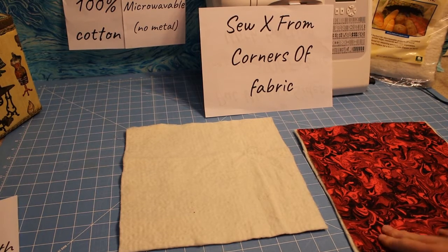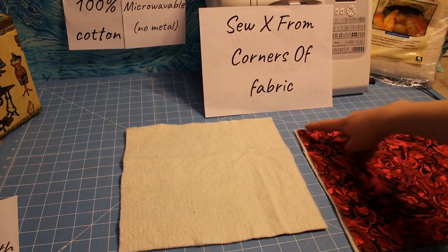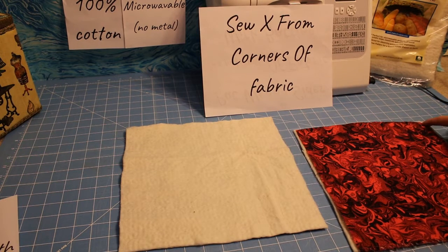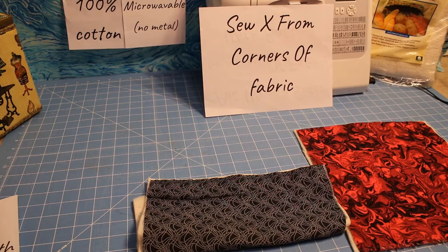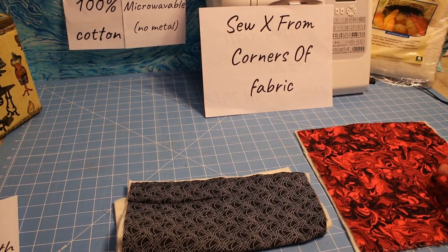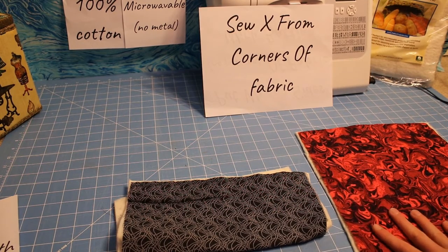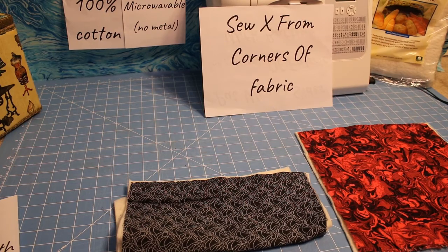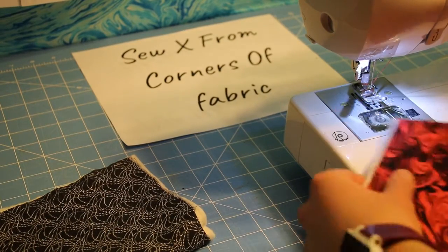After you're done pairing your fabric with your batting, wrong sides together, you're going to be sewing an X. So one corner to another corner, to this corner, to that corner. It's going to be a little weird because, again, I have 2 different fabrics. So my bobbin has black thread, and the thread I'm actually using on top is going to be red. So this is going to be a little interesting for the next few steps if you're using 2 different colors. So I'm going to start with my red fabric pointing up,